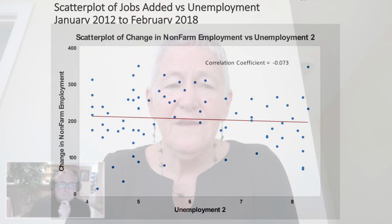Now, I mentioned at the beginning of this talk the two numbers that come out together each month, jobs added and unemployment rate. And I mentioned almost as if one ought to tell us about the other. Now, nobody is saying that exactly, so I want to let people off the hook, but these are reported at the same time typically. So I thought, okay, let's look at a scatter diagram